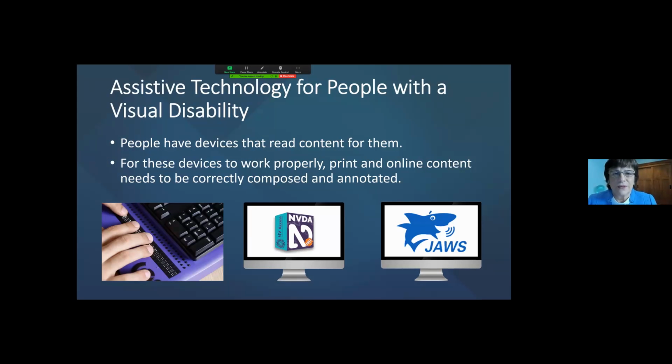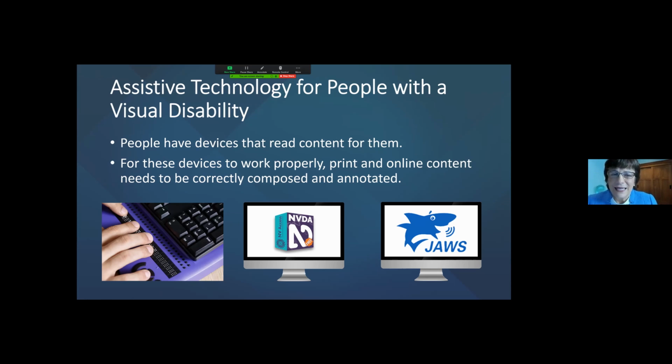For those with a visual disability, they may be able to be communicated with in Braille, and that means all your handouts will need to be converted in advance. They may use a screen reader. I have found most of the people I've interviewed use JAWS. That is the brand of screen reader. There's another one, NVDA, that people are using.